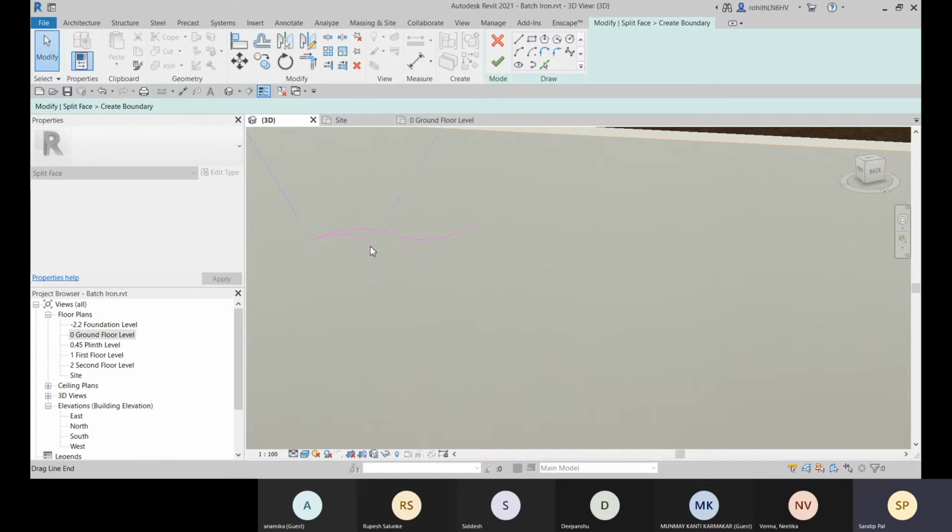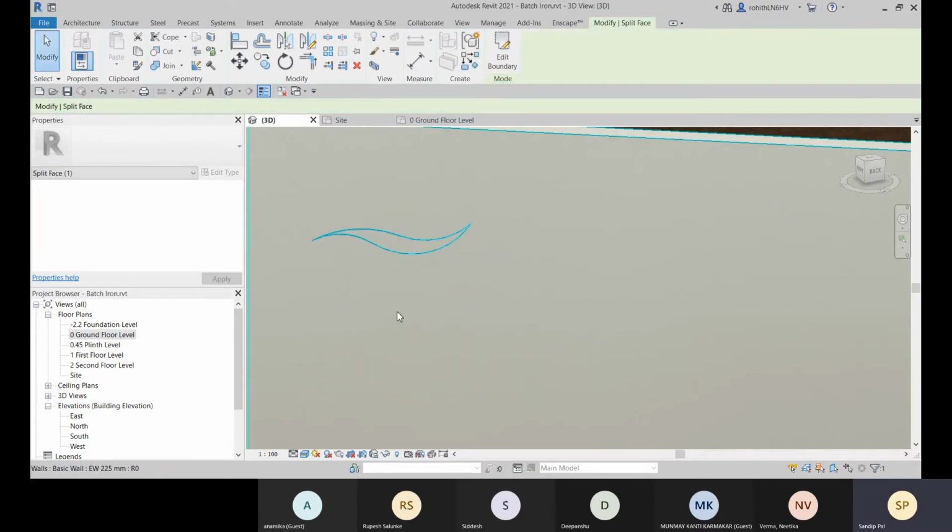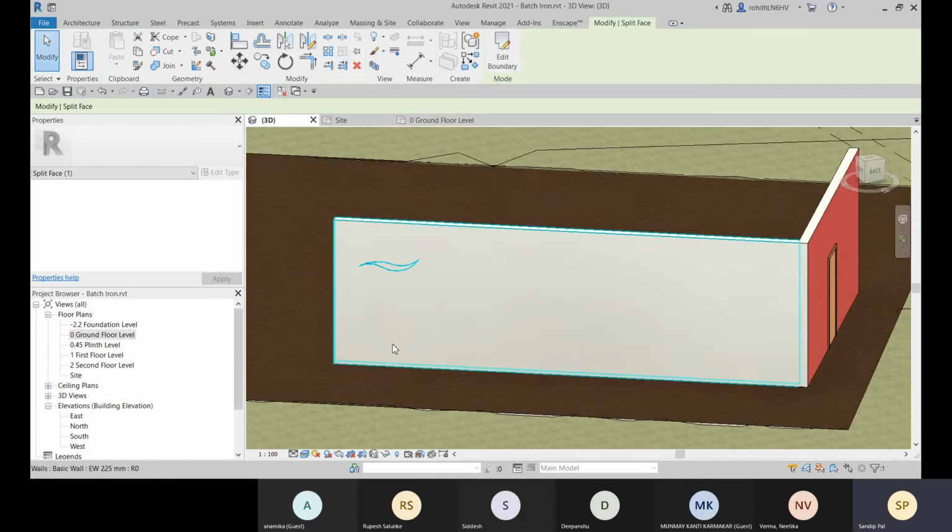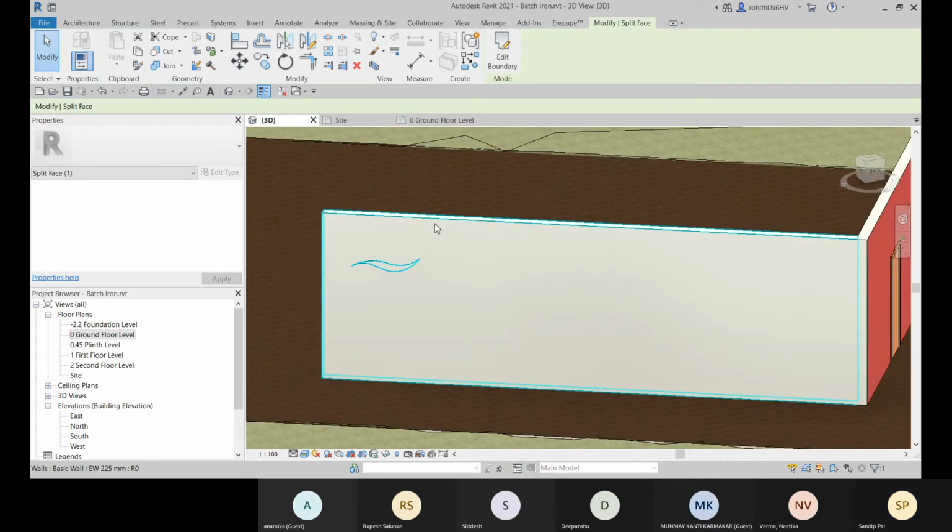Let me have it till here. Okay, then I can end it here. All right, like this. I can split the face like this, and here I can apply different materials.